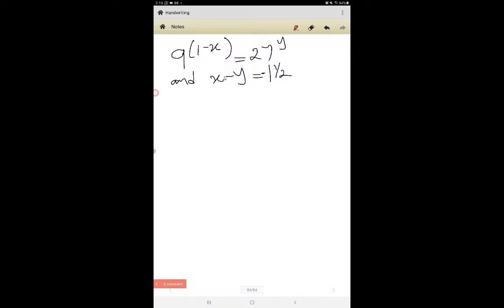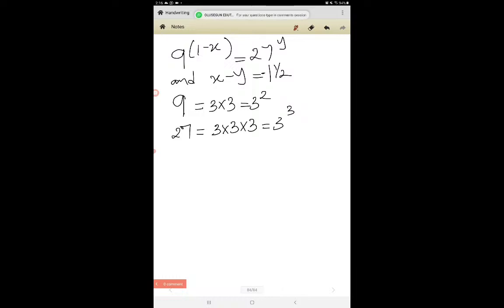If you have to use the same pattern again, how does it look? 9 is the same thing as 3 times 3, which is 3 square, and 27 is 3 times 3 times 3, which is 3 raised to power 3. So for any question now,